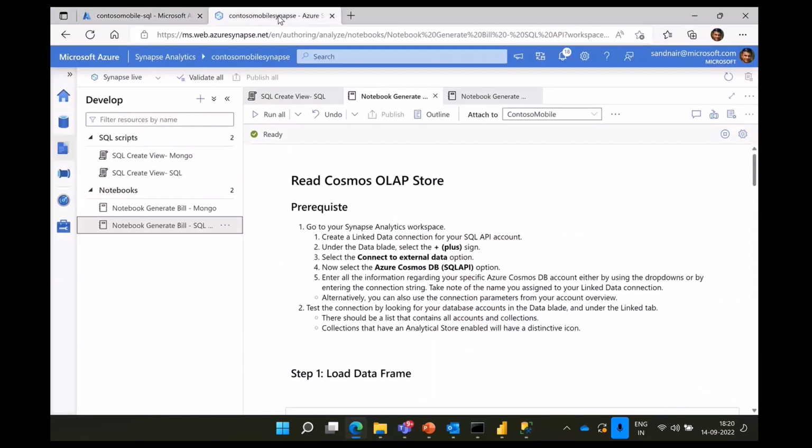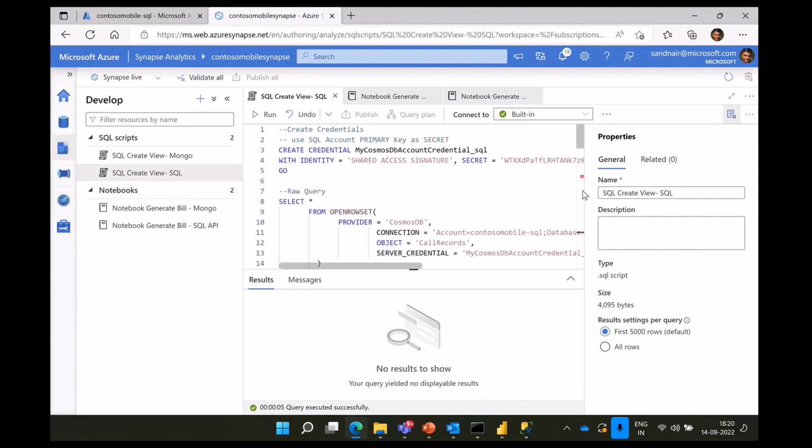So let me switch to the Synapse workspace here and open the view. Here we have the first statement, which is to create the credential. What we need to do first is secure our primary key from Cosmos DB and store it as a credential here. We do that by using this command, which is create a credential. Once we do that,